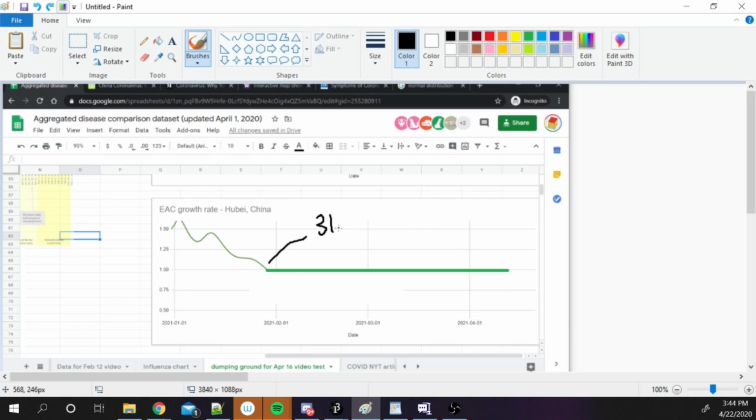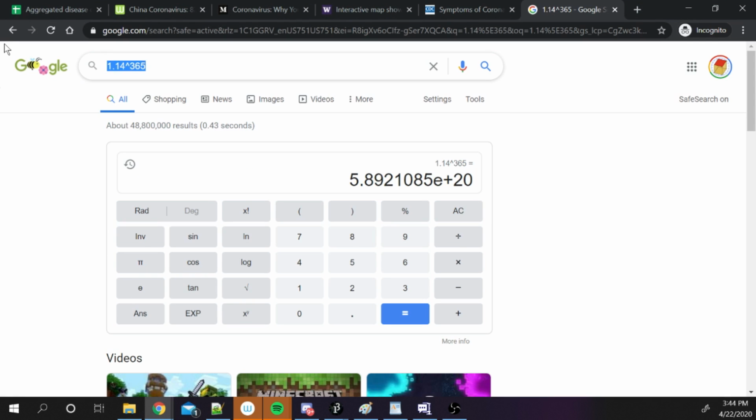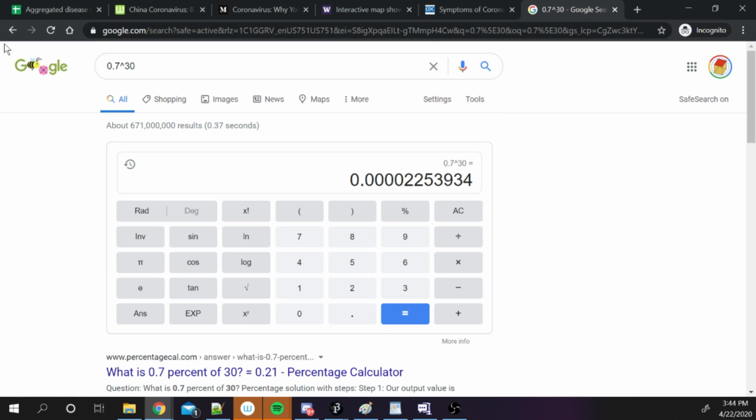So with that being said, it's pretty clear that the goal is to get this green line to go below 1 and stay below 1. If you can get to this point here where it's at 0.7 consistently for many days in a row, then the disease will halve every 2 days, and that's extremely powerful. If you halve every 2 days, then after a month, you only have 1/50,000th the number of new infections per day as you used to. So then the disease will be eradicated in a matter of weeks.